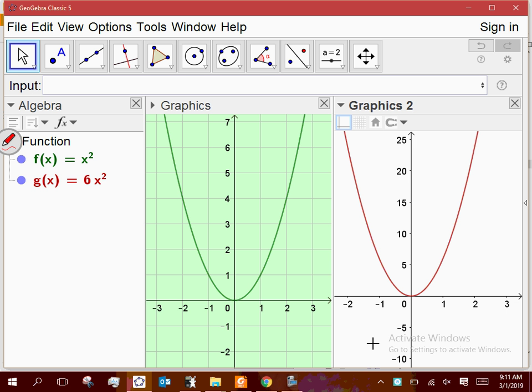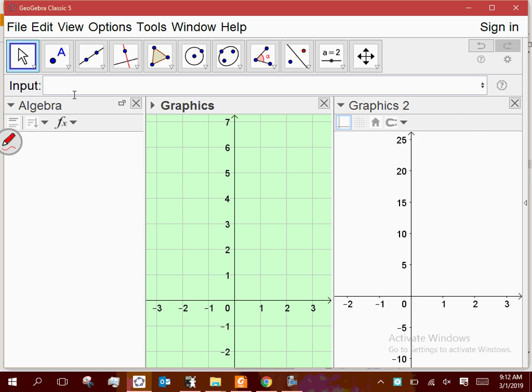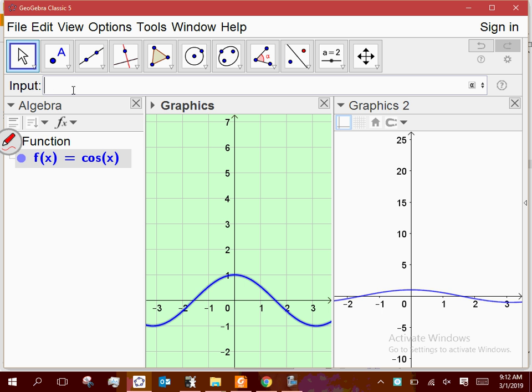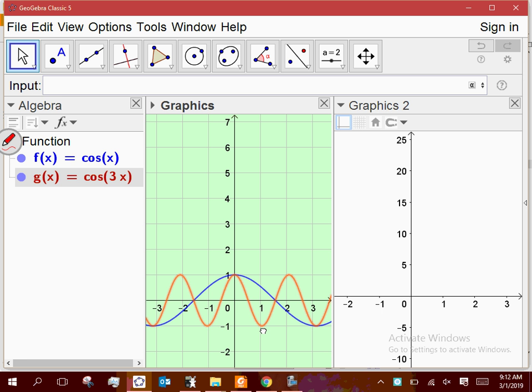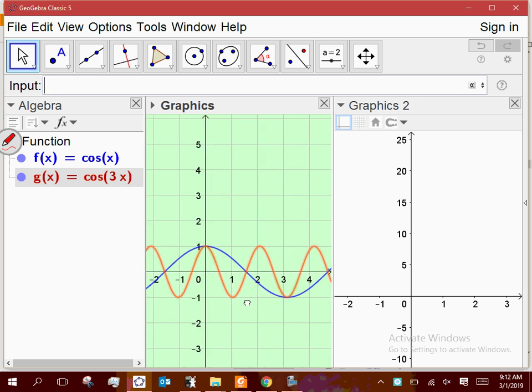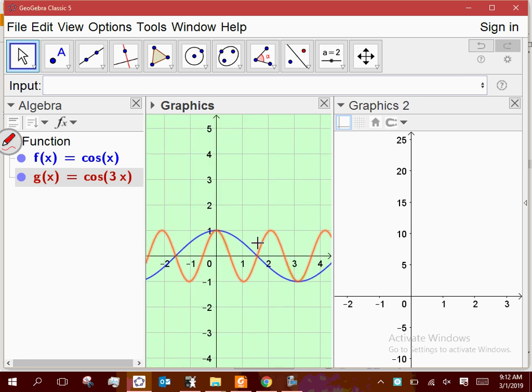We might graph cosine of x, and then the next question we graph cosine of 3x, and they look the same. It's because the scale has changed when we graph that cosine 3x. So, let's see if we can model that. If I were to graph on the same scale cosine of x and cosine of 3x, those are two different curves, right? And you can see that the 3x one is providing a compression, okay? But if I put that 3x one on